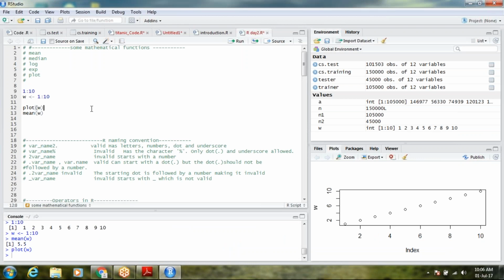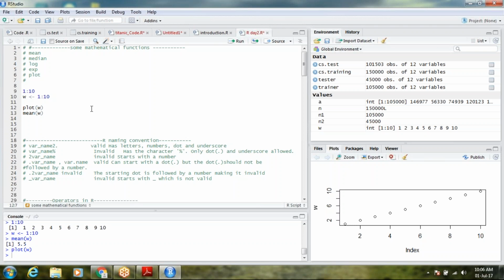So what if I don't want it in this way? By default, when I don't have two axes, for example, here I have only one variable, I cannot plot it against another variable. So what will happen is the y variable will be my W. The value of y will be plotted along the y-axis, and the x-axis will show the number of elements,